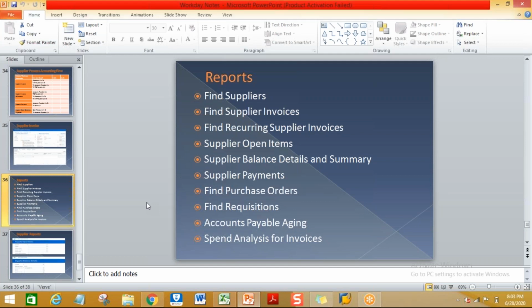Based on the business requirements, we can develop some reports. For example, find suppliers, where you can see the list of suppliers, find supplier invoices, find recurring supplier invoices, open items, balance detail summary, payments, find purchase orders, requisitions, accounts payable aging, spend analysis for the invoices. These are some of the standard reports I have mentioned here. There are other reports also.